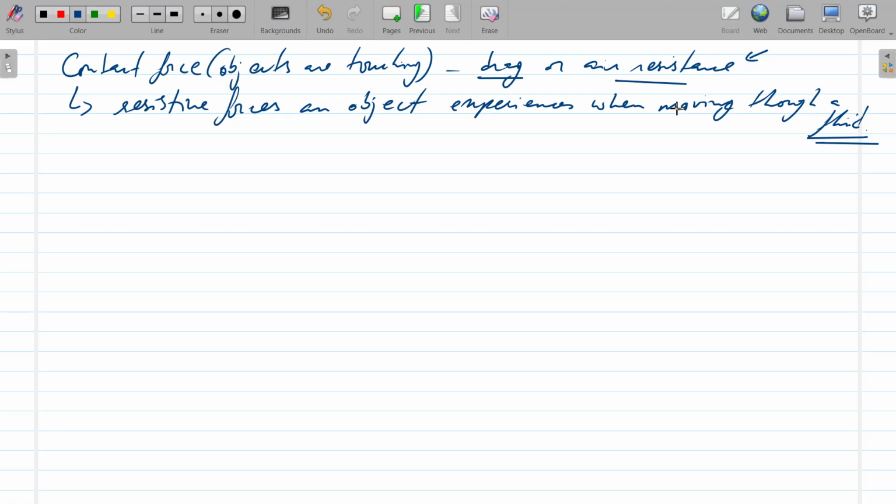But air, yes, well, air is also a fluid because in physics, fluid is used for anything that floats. So if I give you the simplified definition,